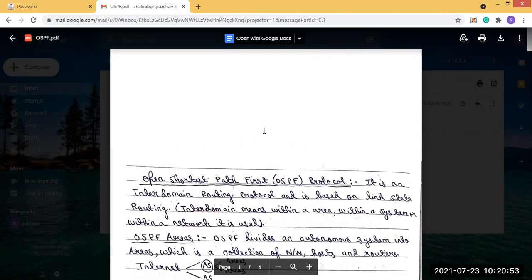In the example, there are three nodes A, B, and C. A is connected to B and A is connected to C. So node A has the information of how it is connected with node B and node C, but it doesn't have the information of how node B and node C are connected.